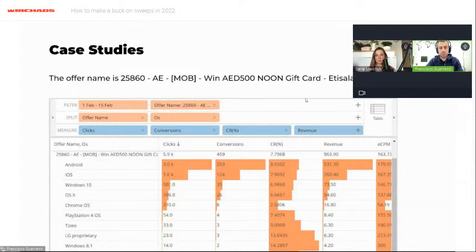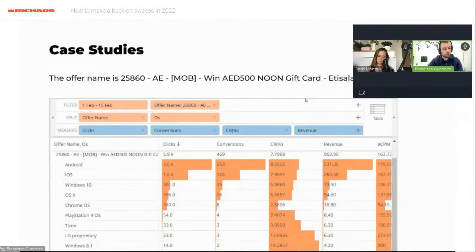The first case is a money prize in Emirates. And in this case, it's crucial to look at this and see that my affiliate has optimized his statistics by the OS. And like Dasha mentioned earlier, most of the traffic comes from iOS and comes from Android. Now, of course,